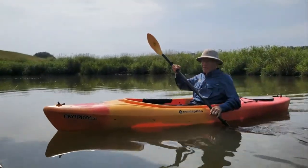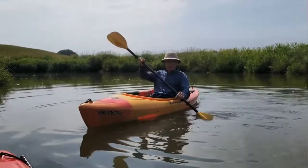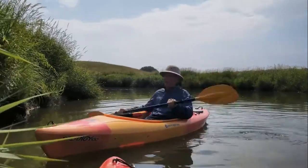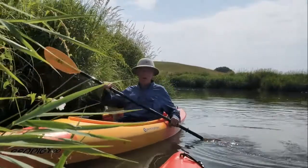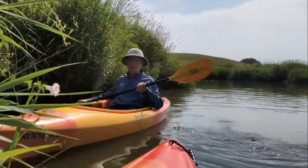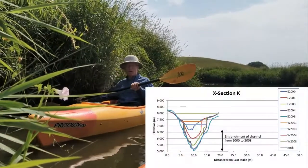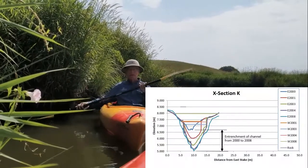The reason I wanted to stop here, this looks like just another bend in the stream. This is a part of the early project of surveying along the Nippersink after the de-channelization. I remember very well, just because of the magnitude of the changes that happened here. The diagram shows you how small the channel was when it was first dug by the crews back in 2000,